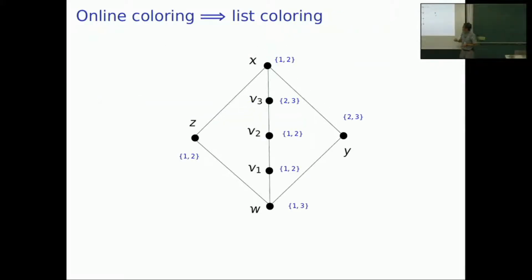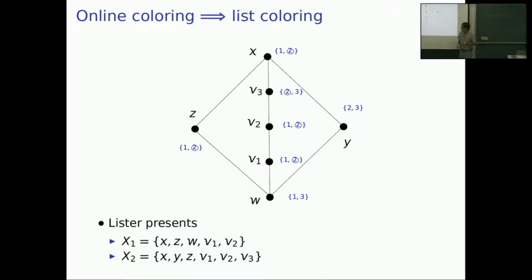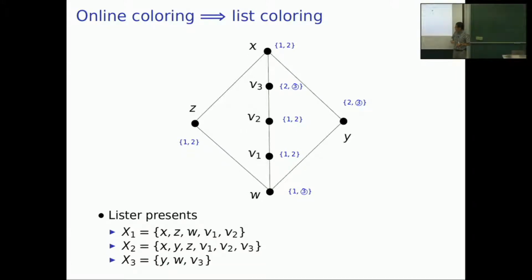So for example, we have a list like this. Then in the first round, the lister presents only the vertices which contain color 1, like this. And the second round, the lister presents the vertices which contain color 2. And in the third case, the lister presents the vertices which contain color 3. So if the lister presents this way,